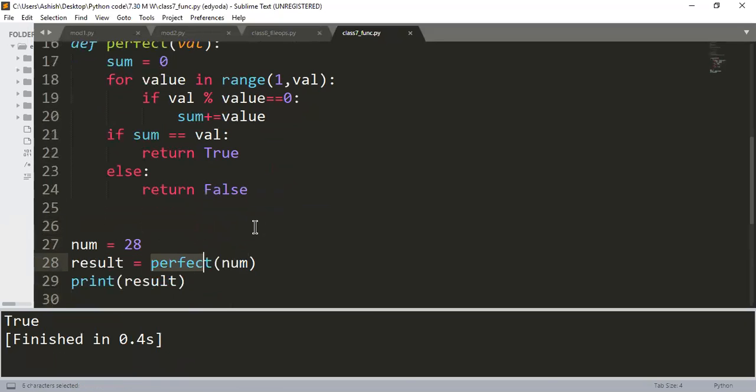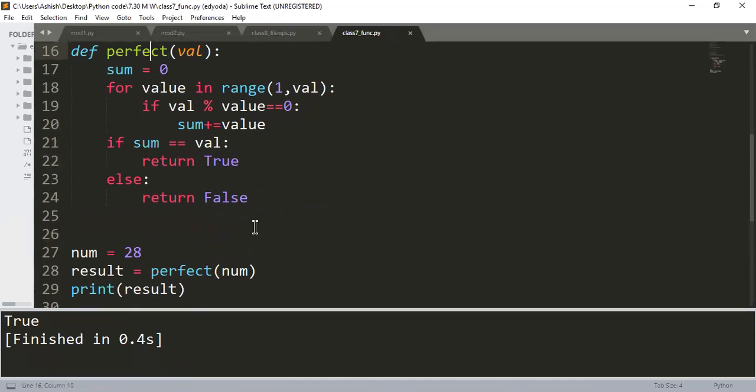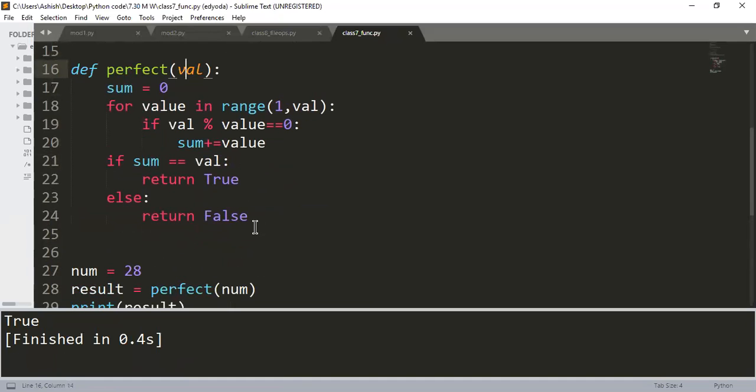So what I'm doing, I'm defining a function called perfect. I'm passing this number, so in this case this is 28. So this 28 will be passed as val now. I'm accepting it as val, so it will not matter whether you accept it as num only or